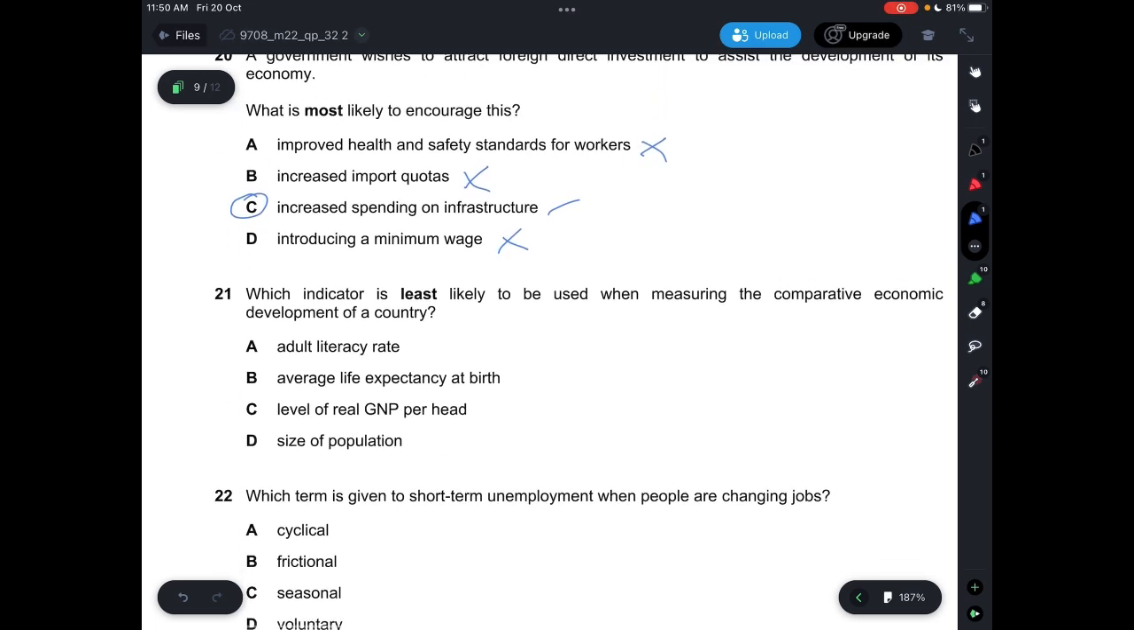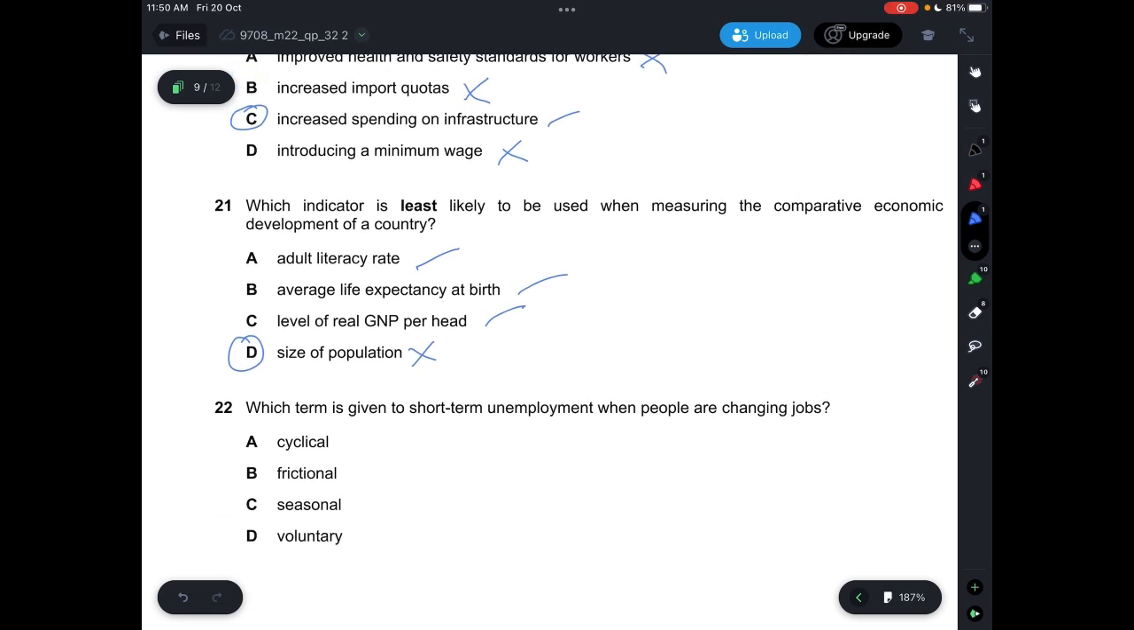Question 21. Which indicator is least likely to be used when measuring the comparative economic development of a country? Okay, so economic development. Your adult literacy rate is included. Your average life expectancy is included. Your level of real GDP per head is included. But it doesn't really matter about the size of population. So the answer is,